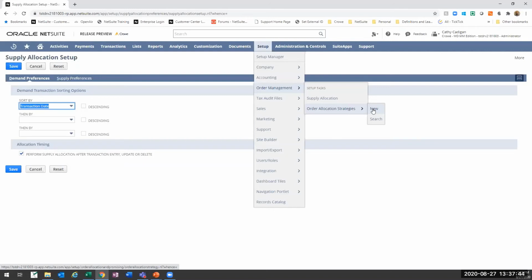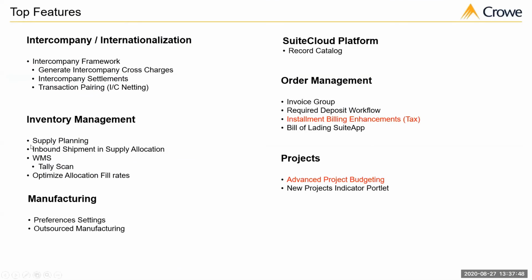Now you can include the inbound shipment functionality, which is just the ability that NetSuite provides you with a feature that allows you to take multiple purchase orders, combine them into a shipment, and then receive it as one instead of having to receive multiple purchase orders separately. And the inbound shipment has been around for a couple of years now. And it's very useful because if you consolidate purchase orders, or you get a lot of partial purchase orders consolidated